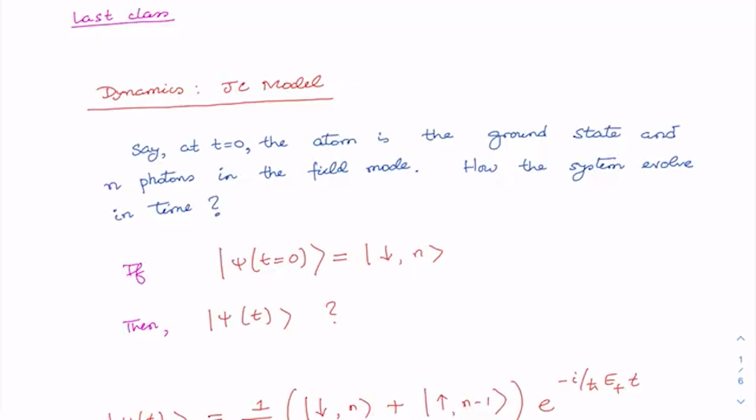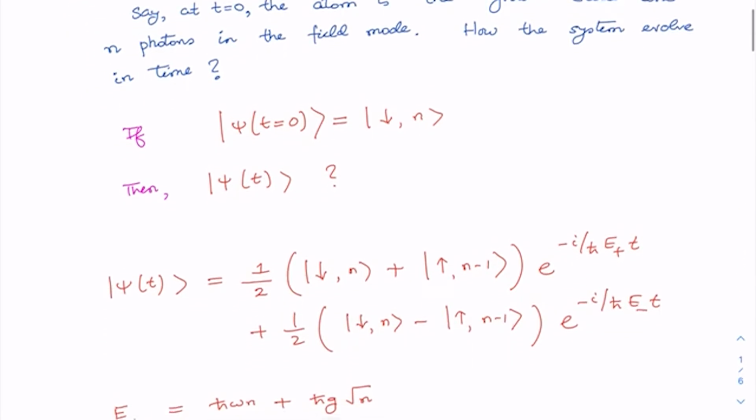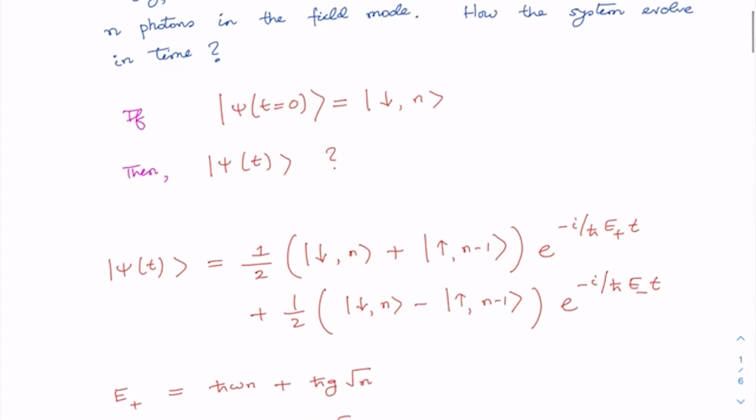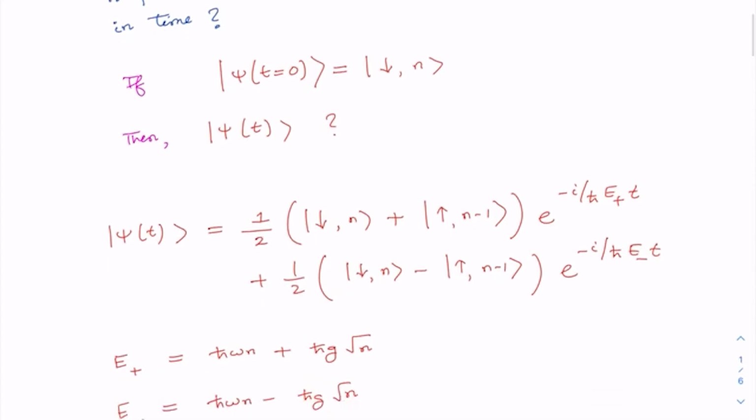So let us begin. In the last class, we discussed the dynamics of the Jaynes-Cummings model. We started with the question: say at time t equal to 0, if the atom is in the ground state and there are n photons in the field mode, how is the system going to evolve in time? So we analyzed it by using very elementary quantum mechanics, and we found the state vector